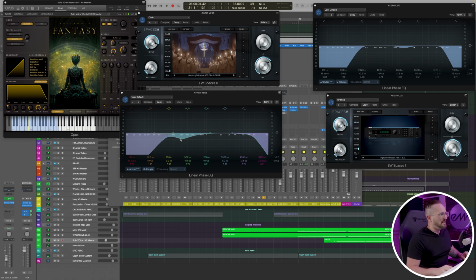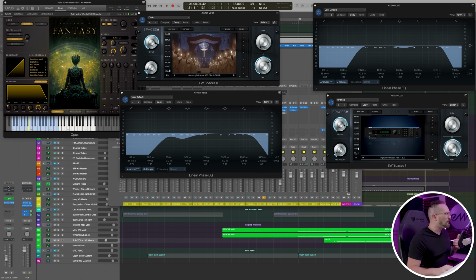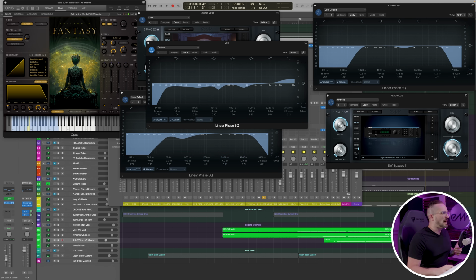We're also getting that scoop in the low to low mids around 300 to 400, and that's helping to clear up some of the congestion in that area as well. And of course, you've got that cut around 9100. And at the end of the day, you don't really need those air frequencies in the reverb most of the time because we're already getting that out of the dry signal.